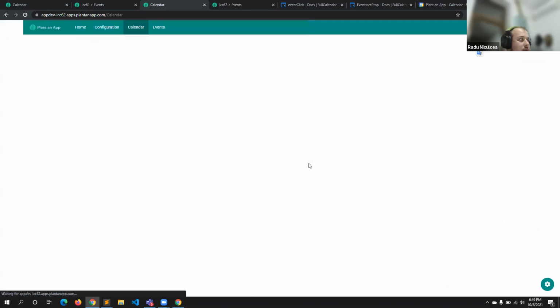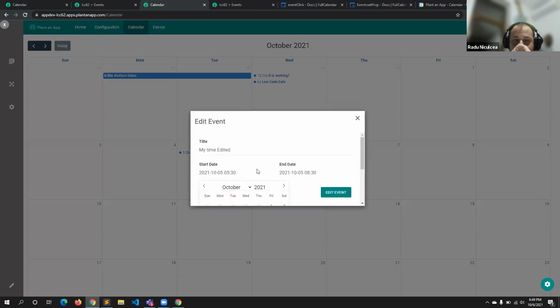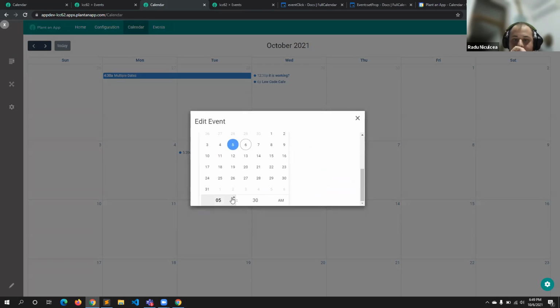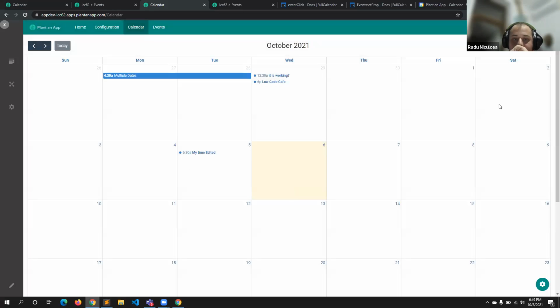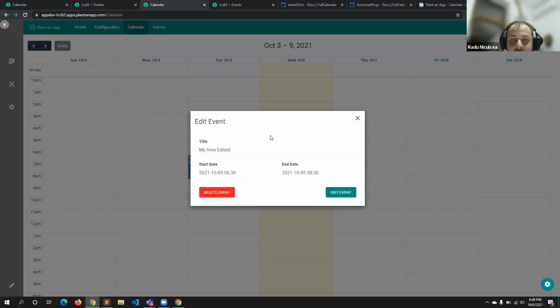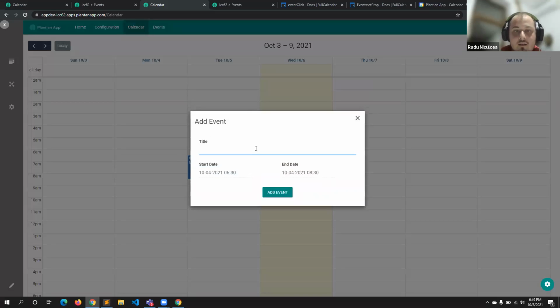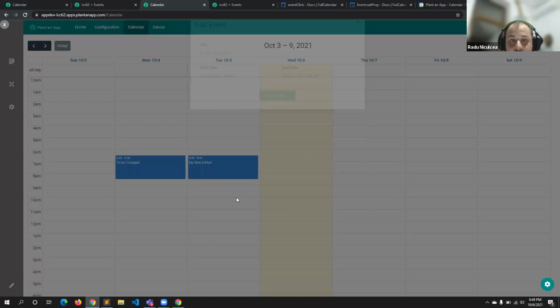Let me refresh really quickly, and let's for example move the start hour to 1 hour, and edit the event, and it automatically moved. So I think it's more visible if I do it. Let's do something else. Let me put a separate event here really quickly to be changed, and let's add the event here.